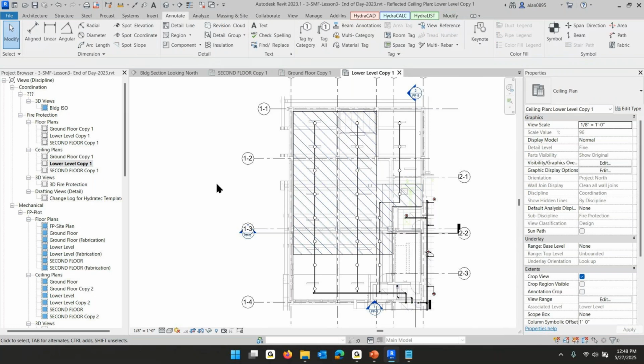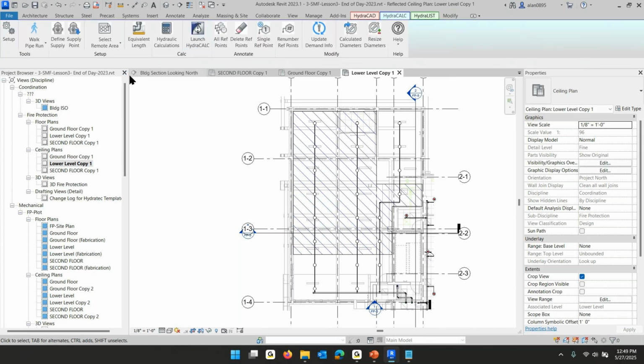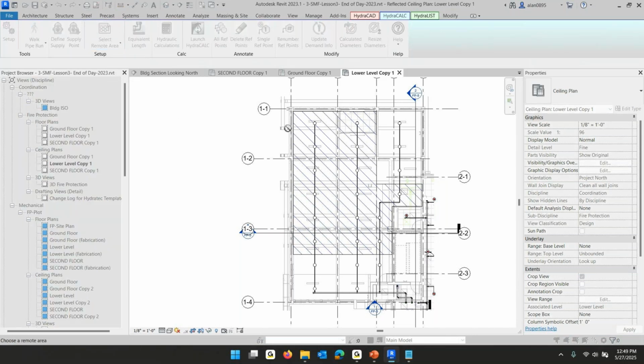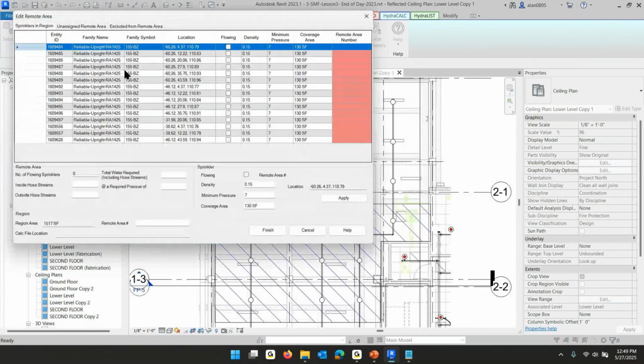Now for each of those areas, I need not just the marking, I need to say those heads are operating. So in HydraCalc, there's a button for select calc area. Pick that dotted line. Those heads got selected. I want all of them to be flowing. I want them to be part of lower level. Their density is 0.15. Their pressure is 7. I'm going to calculate them at 130 square feet. I'm going to apply that